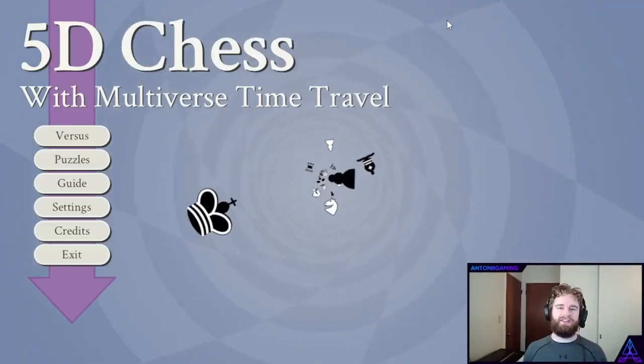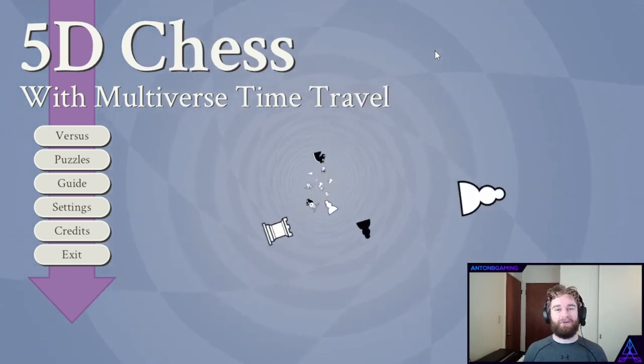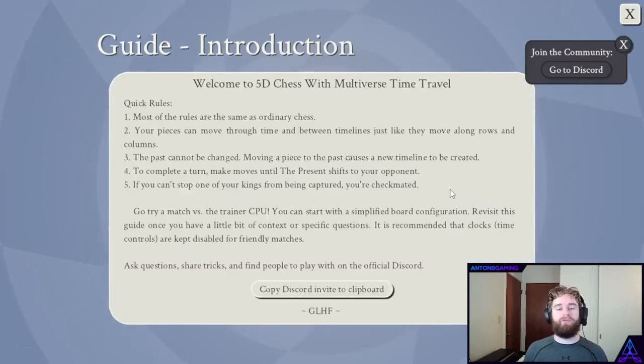There's nothing saying that you can only increment time or space. You could do both at the same time. But in order to make this make the most sense, I have here a learning aid. This is 5D chess. This is how we're going to be exploring multiple dimensions. Let's start here. Most of the rules are the same.